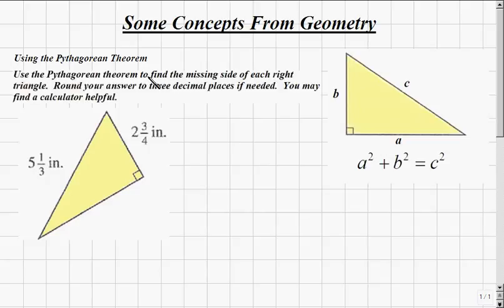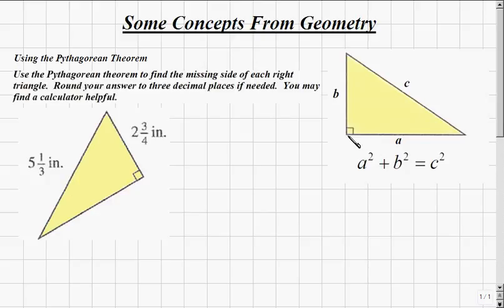Let's use the Pythagorean theorem to find the missing side of the right triangle below. We'll use a calculator to find that third side and round our answer to 3 decimal places. So the Pythagorean theorem says that if we have a right triangle, then if we know 2